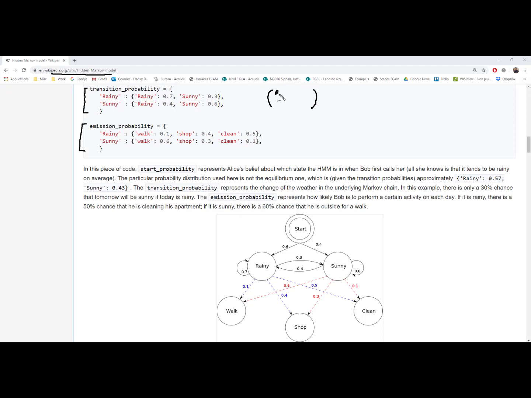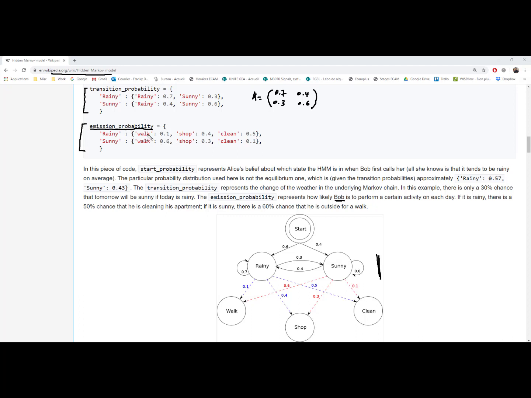You would have here 0.7, 0.3, 0.4 and 0.6, and this is why the entries of the columns add up to 1. Okay, this transition probability, you can see it over here. So there is also a measurement, and it's called the emission probability. And here the emission probability says, well, our friend Bob over here, if it's rainy, well, you have a 10%